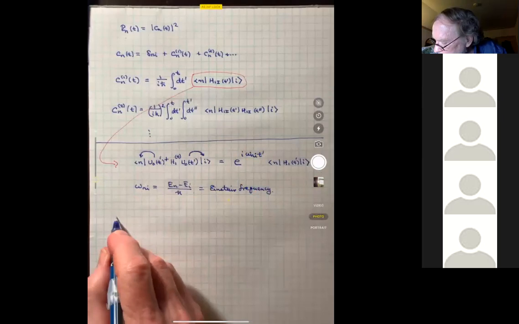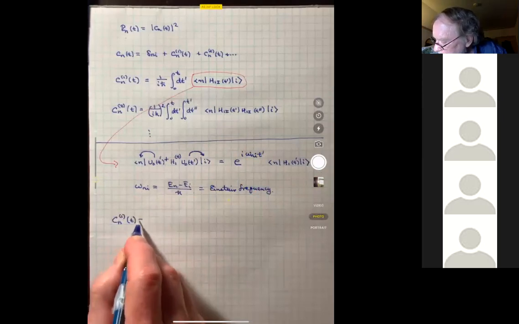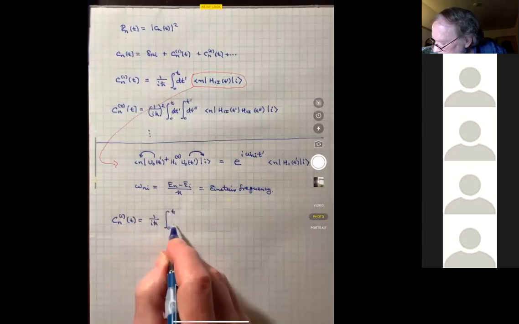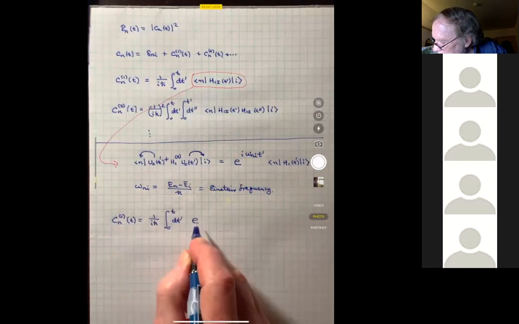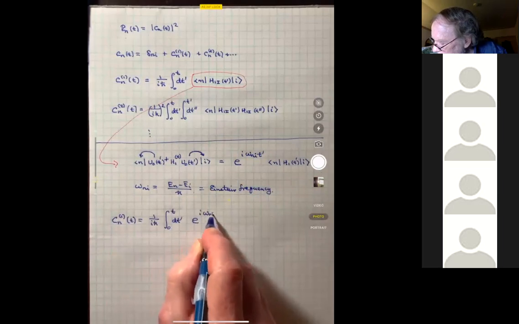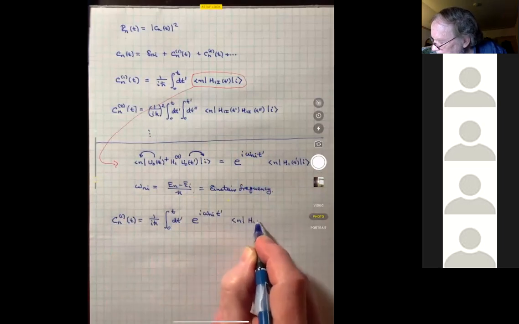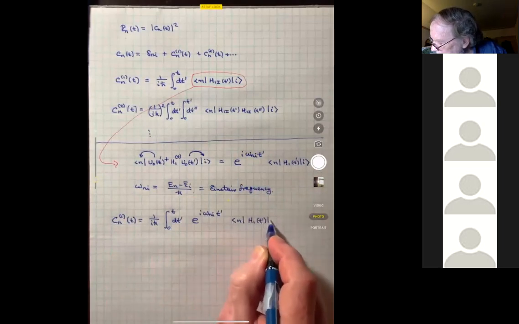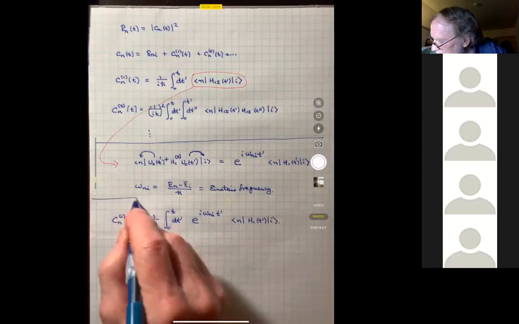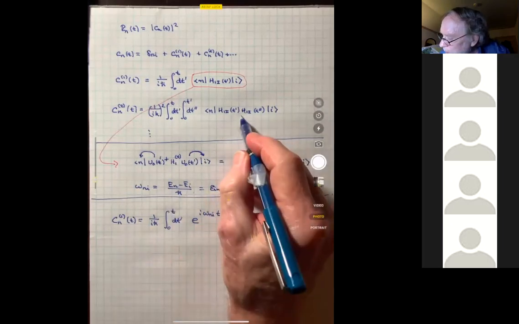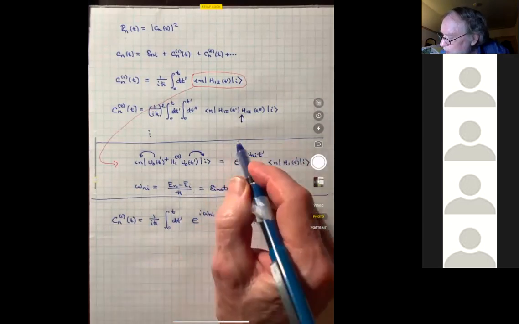And if we do, then at first order perturbation theory, Cn1 of t is equal to 1 over i h bar, the integral from 0 to t dt prime of e to the i omega ni t prime times the matrix element now in the Schrodinger picture, like so. This is the C1 in the Schrodinger picture. That's for C1. For C2, it turns out to be convenient to do an insertion of a resolution of the identity of the unperturbed system